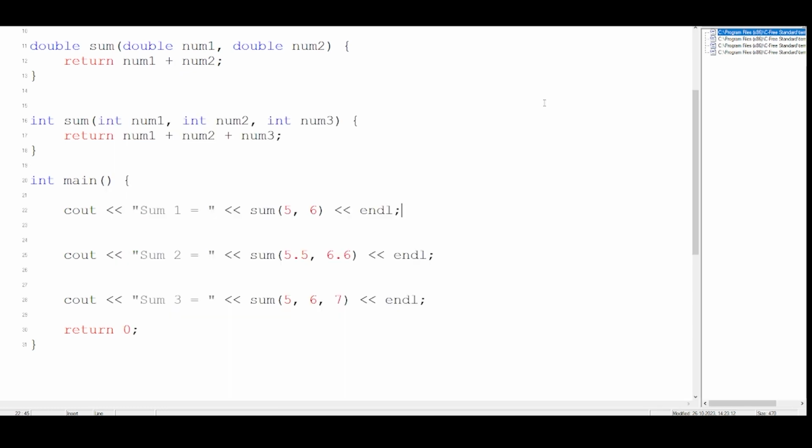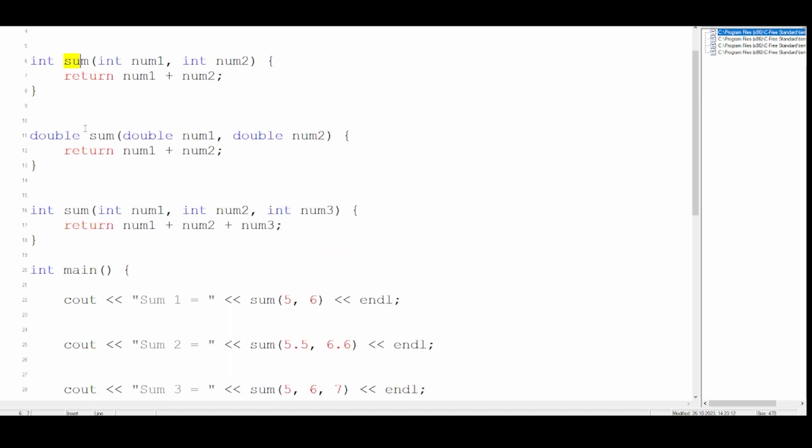This is the implementation of polymorphism. Here I have overloaded the function sum. This is why it is called compile time polymorphism: the compiler knows which function is to be executed before the program is even compiled. That is the reason we refer to this as compile time polymorphism, because the compiler already knows which function to execute before we even compile the entire program. So this is the concept of function overloading.